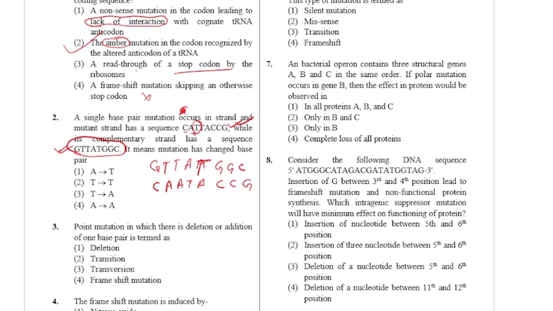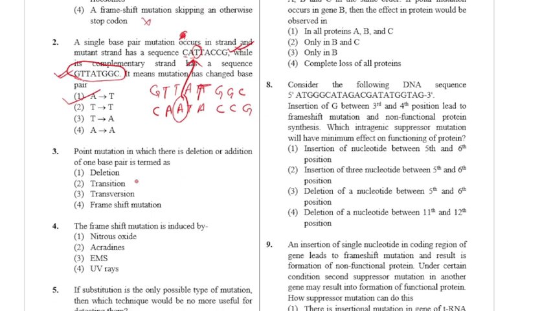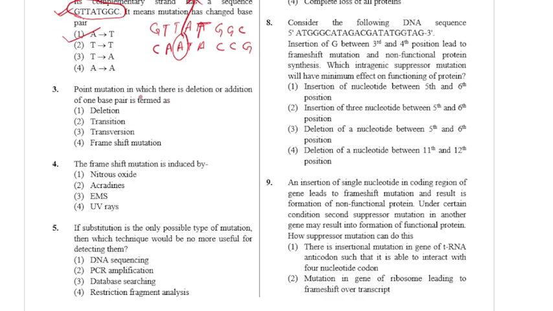So this T is mutated. There should be an A, but it mutated into a T. So the mutation is adenine to thymine, an A to T mutation. Next, a point mutation in which there is deletion or addition of one base pair is termed as